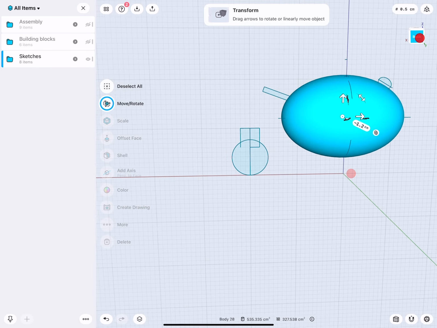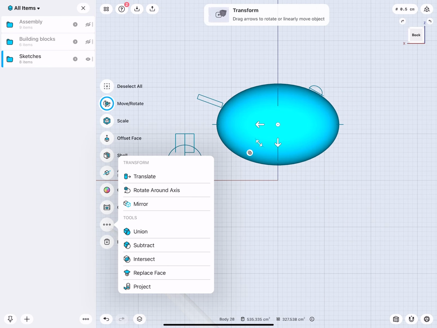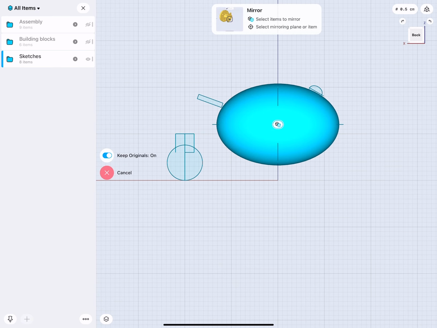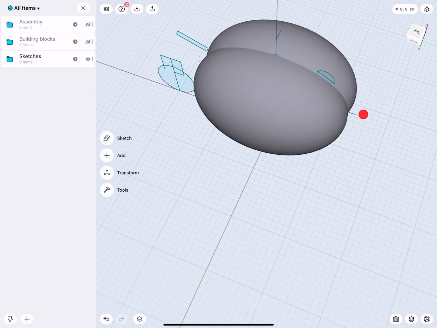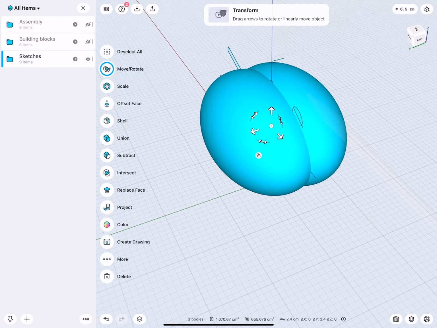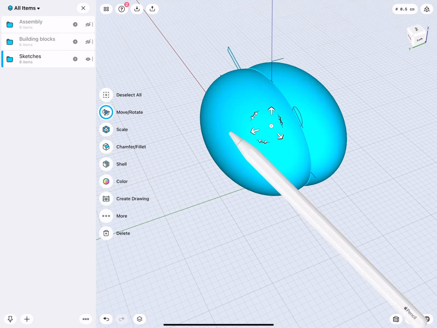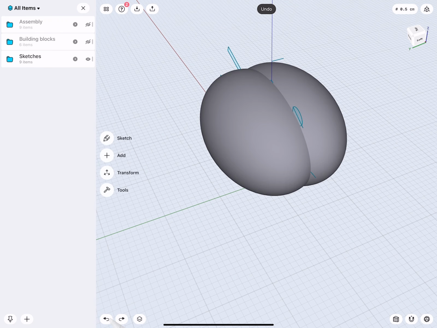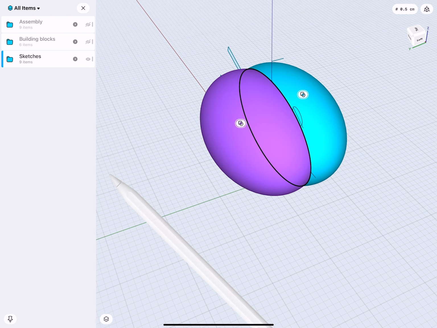And then we go to the opposite side. And this body, we will mirror one time. Tap on the screen, done. And there we are. Now we have these two elliptical objects. Both we will select in union. Sorry, not union. I meant intersect.